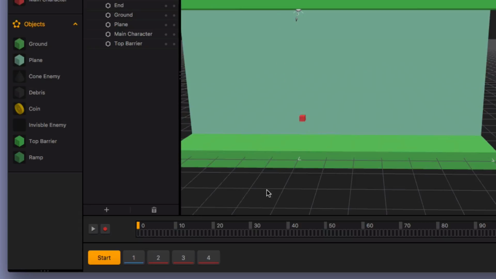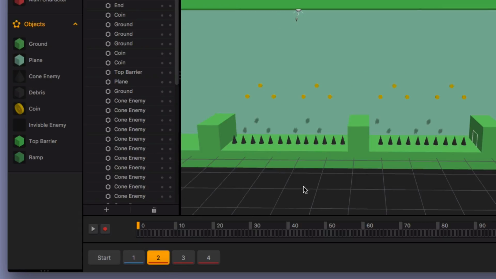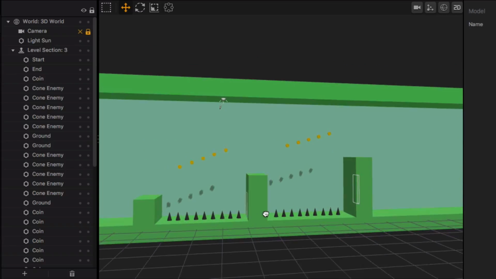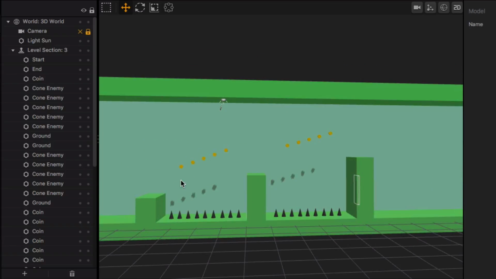Okay, and then go back into the 3D world. So I fixed up these jumps here, and then I also fixed up this ramp, and I probably need to fix up the coins jump because it's very rare. You can actually do it. You can do the double jump and you collect all of these coins, but it probably would be a little